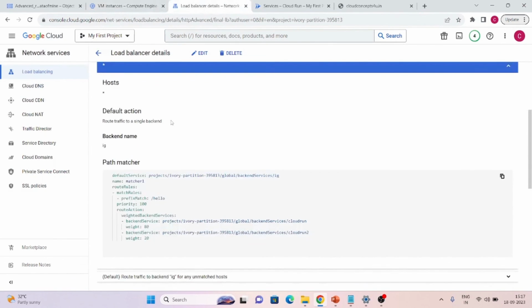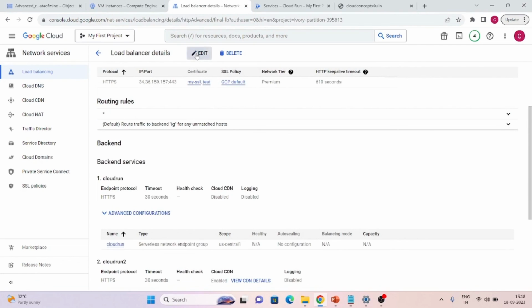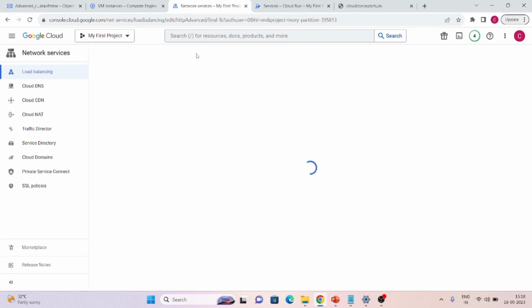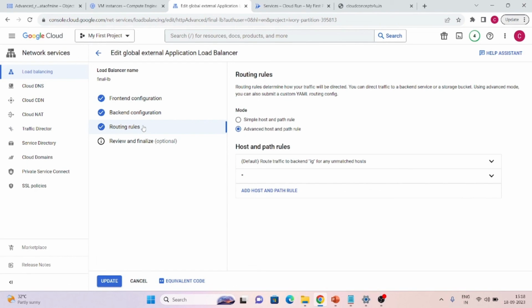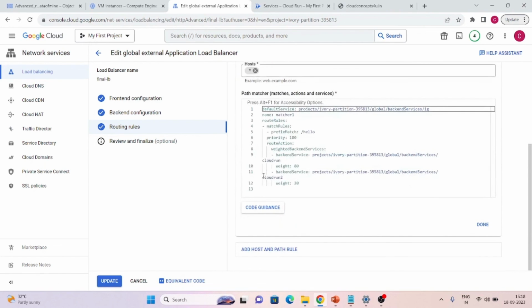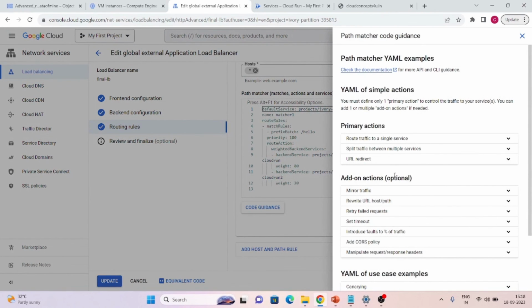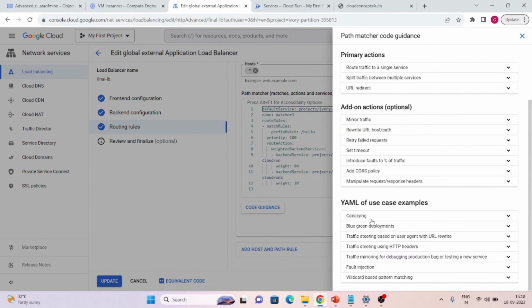So that's all I have. You have the option to do more testing, and let me know if you have any questions, because it is a very complex topic. I tried to help you. I don't know whether I'm good at it or not, but you have to do testing before making any special changes in your production environment. You can take the code guidance from here, and you can choose multiple YAML cases for what you want to achieve. We can use this and the add-ons we have. This is a topic which you can test, but basically most people don't do it like this, but it is a good thing.